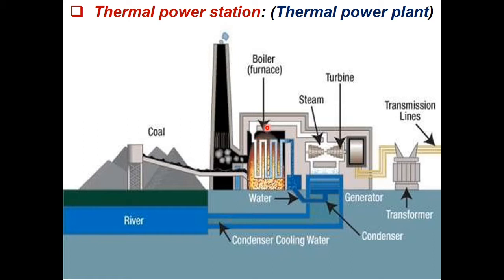That generated steam is carried to the turbine. At the turbine, high temperature and high pressure steam is present, which helps to rotate the turbine. This is a special type of turbine called a steam turbine. When the steam turbine rotates, the attached shaft also rotates in the area of magnetic field produced in a generator, due to which electricity is generated. That produced electricity is carried and stored in a transformer, and from the transformer it is transmitted to the community with the help of transmission lines.